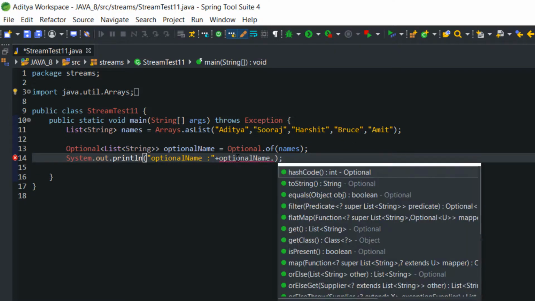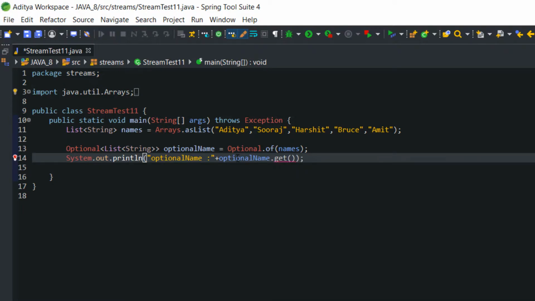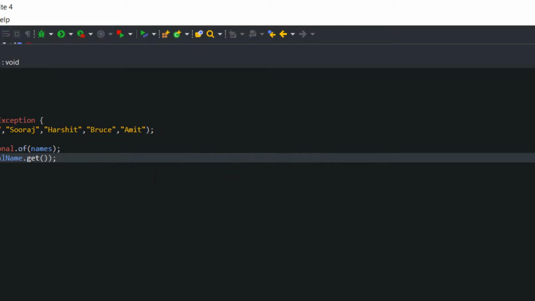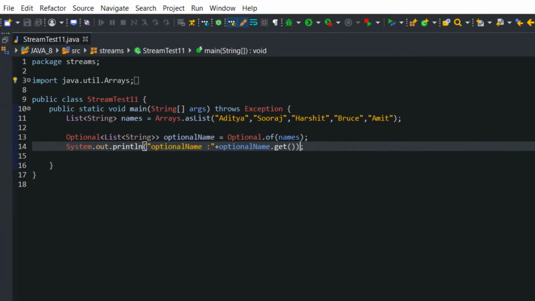Now we can use the get method to see what names it carries inside the Optional. Now let's execute the code again. You can see that all the names which were stored inside the List of String now exist inside the Optional of List of String. If you want to extract them one by one, you can do that too.